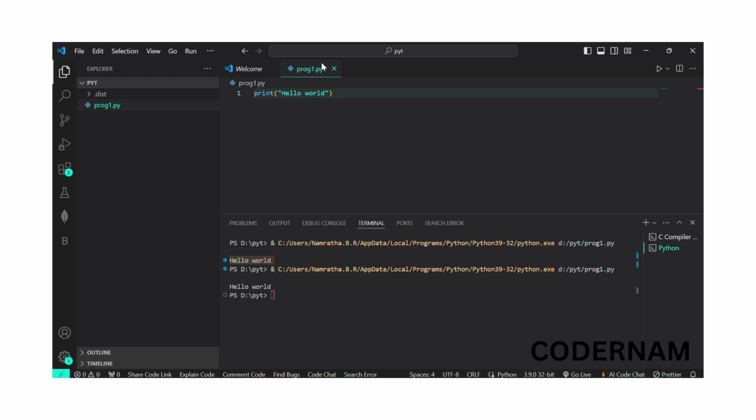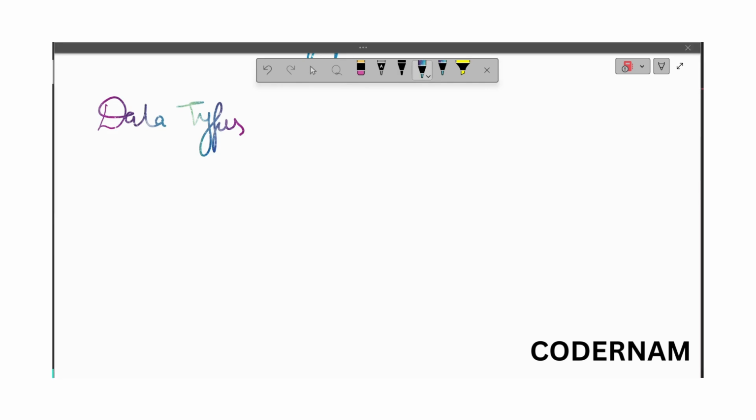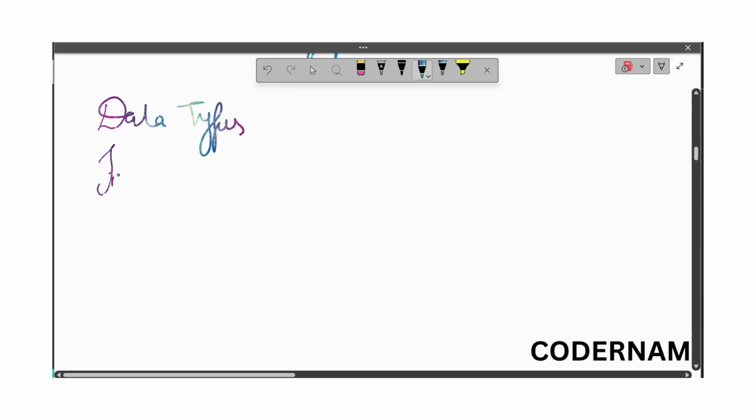So now let us look into the data types. Variables can store data of different types and different types can do different things. So some of the data types are integers, string, float, boolean,